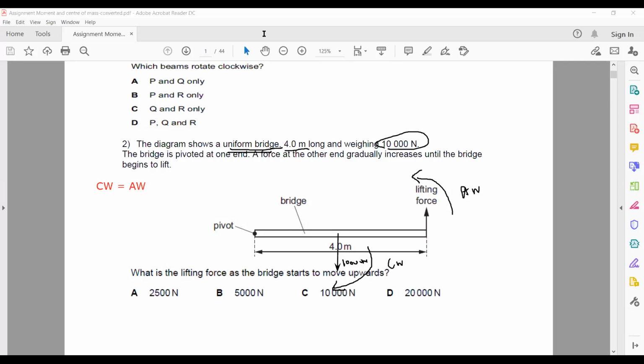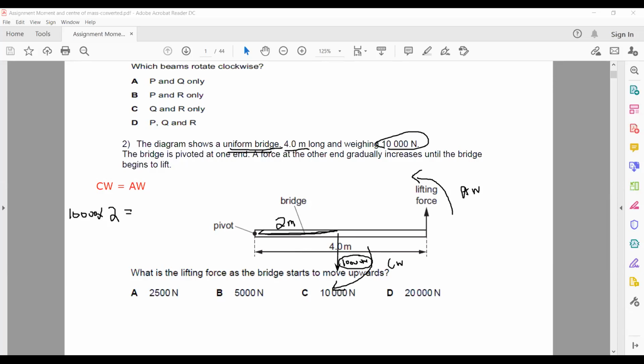The force is 10,000, the weight of the bridge, multiplied by the distance from the pivot. Because it is acting at the center, if the total length is 4 meters, the distance from the pivot will be 2 meters. So it will be 10,000 multiplied by 2 equals